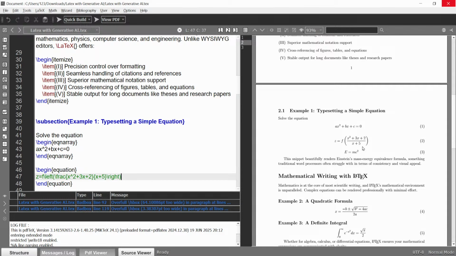We have z is equal to f of x square plus 3x plus 2 upon x plus 5. Okay, but if we are writing in a word processor, this is very typical sometimes, and sometimes we have a derivative or partial derivative. This will again be very typical to write.